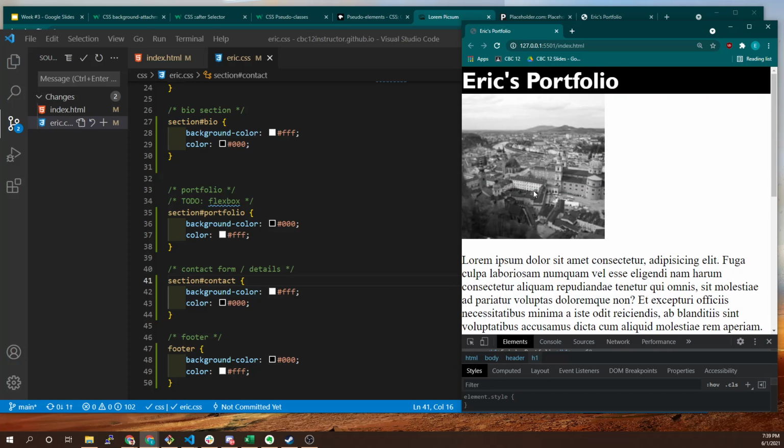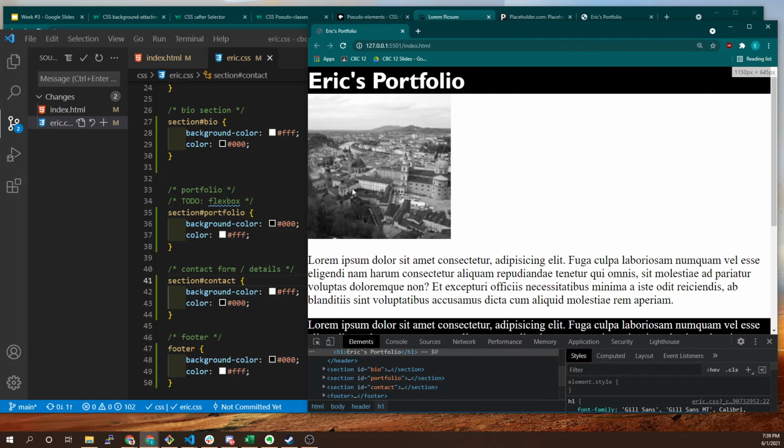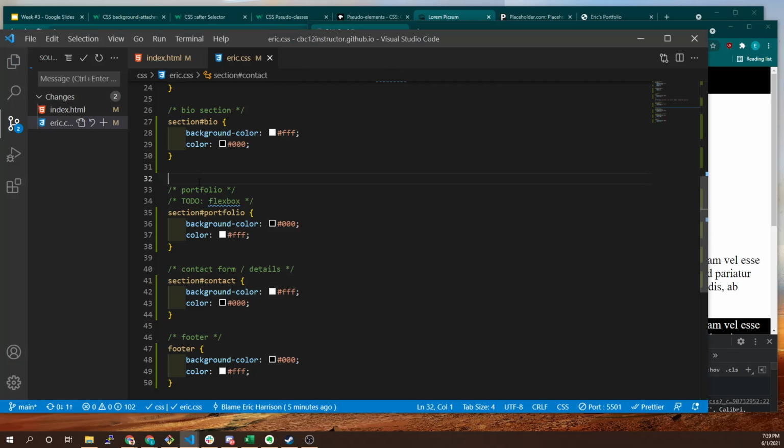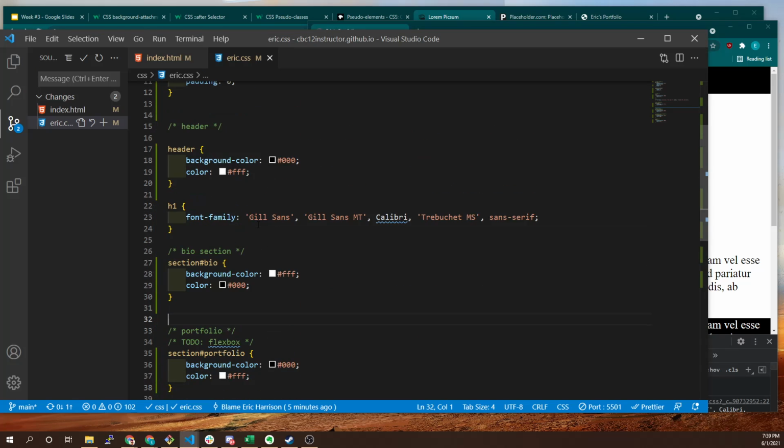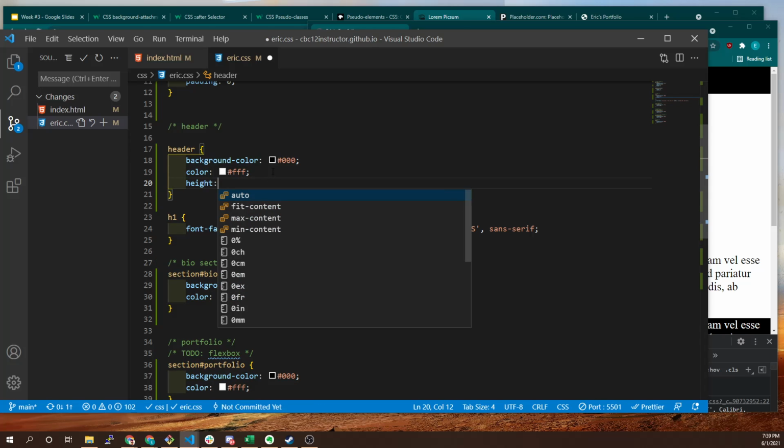All right. What we need now is, if I'm looking at this from the perspective of I'm designing this as if I'm on a computer. So I've got this second section. I might, depending on where my inspiration is, start from top down. Right. I might say, well, first off, I know that I want Eric's portfolio to be in the very middle of this section, and I want this to be big, right? So maybe I'd come in here first and say, we're in the header, right? Yep. So I would say header height is